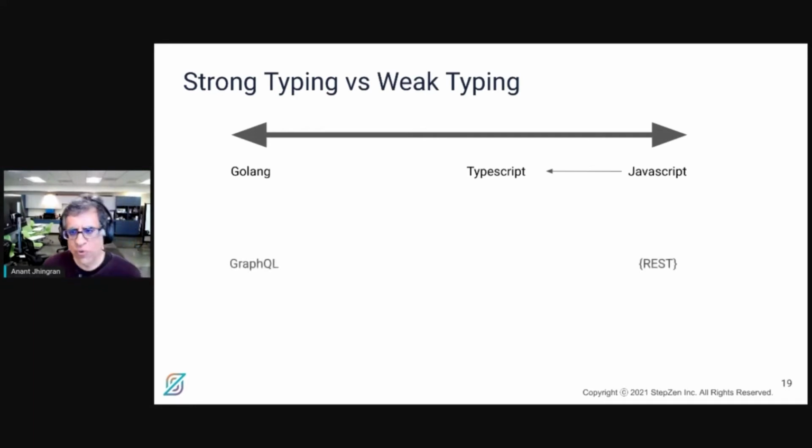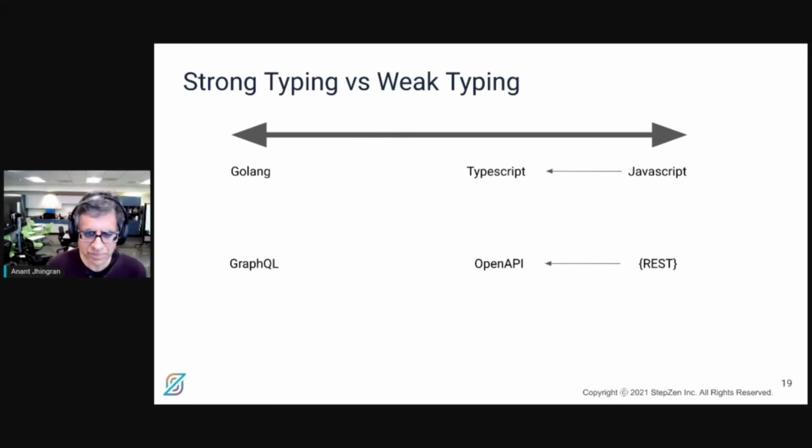Similarly, the world of REST is very loosely typed, whereas the world of GraphQL is very strongly typed. And then all of you who have helped build out OpenAPI Spec have said, let's introduce strong typing. But as you saw in that abstract API example, the fact that these constructs exist doesn't necessarily mean that everybody follows them. And therefore, OpenAPI specs still have looser typing than what would be expected out of GraphQL.